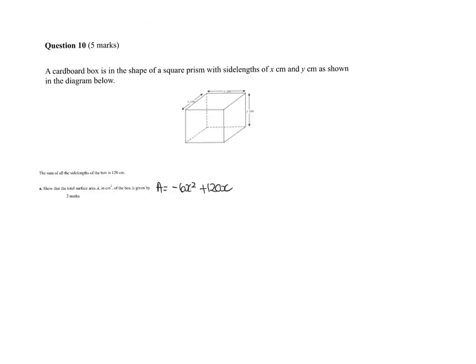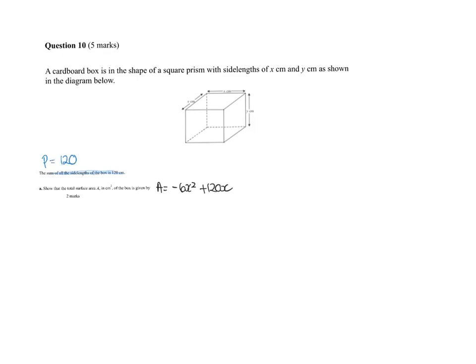Okay, so let's do this last question, question 10. A cardboard box is in the shape of a square prism with side lengths x and y centimeters as shown in the diagram. The sum of all the side lengths is 120. What they just told you there, that little blurb, what that actually meant was the perimeter of all the sides has to equal